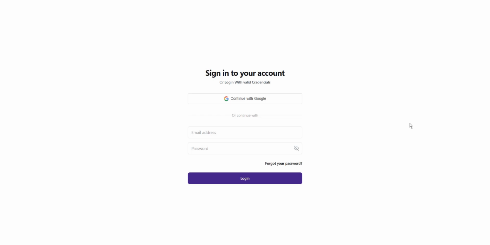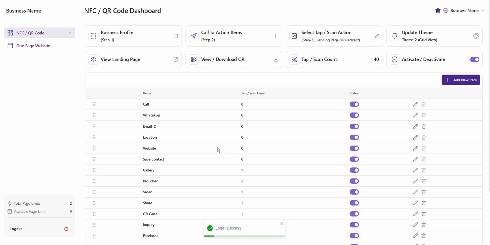To manage your one-page website, first you need to log in to your admin panel. For that, you need to enter your email ID and password which you set for your business profile. Once you enter your password and email ID, click on the login button, and you will be redirected to the admin panel, from which you can manage your single